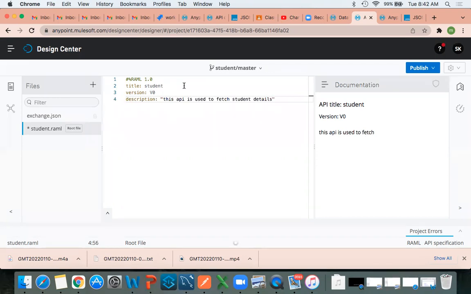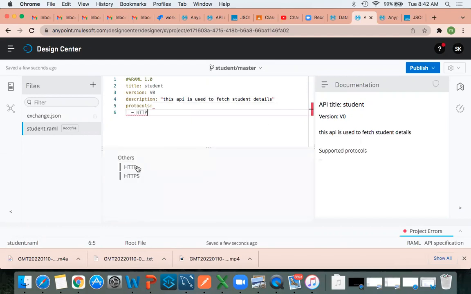See, this description they will provide in the real time. Don't worry about this. Next, protocols. Can you show us the URL? Yeah, I can show you. Don't worry.